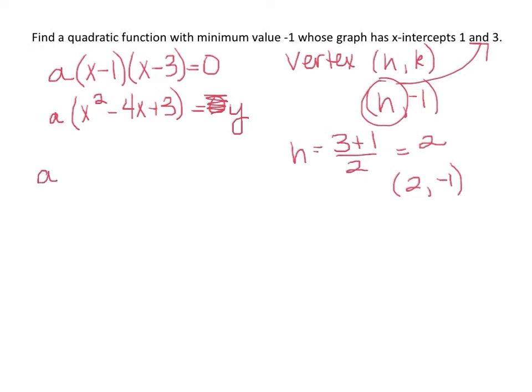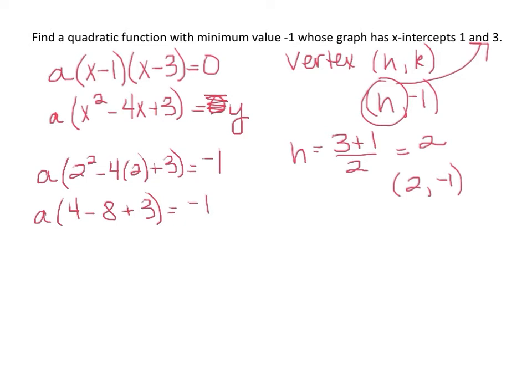We have a times x is 2, 2 squared minus 4 times 2 plus 3, and that has to equal -1. 4 minus 8 is -4 plus 3, that's -1. So in this case, a is equal to 1, and our function is